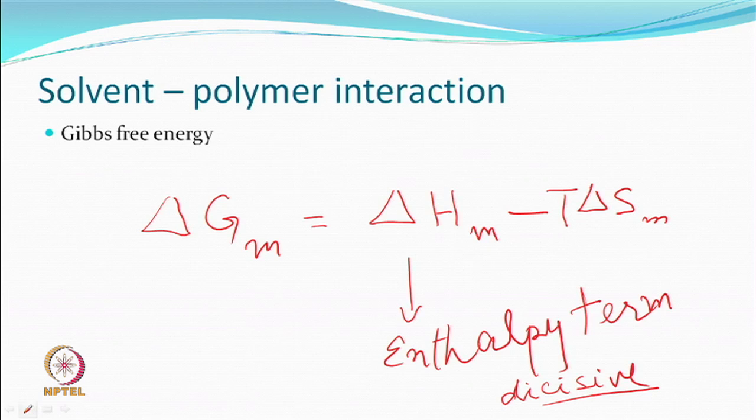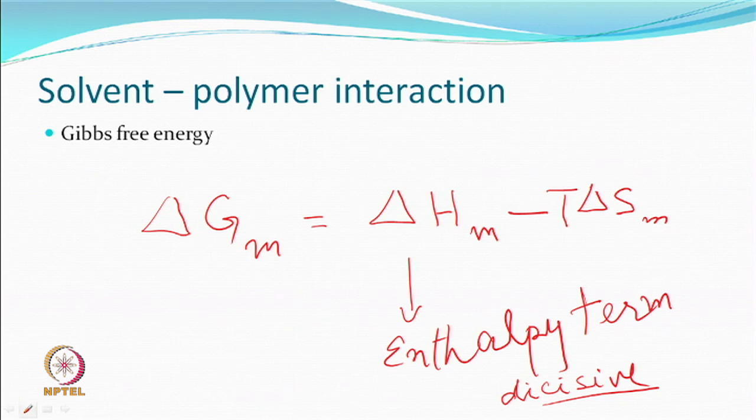So, when these kind of things happens, that energy that we are talking about can be also related to enthalpy of the system, and it can be a determining factor as well, because delta S is always going to be positive,